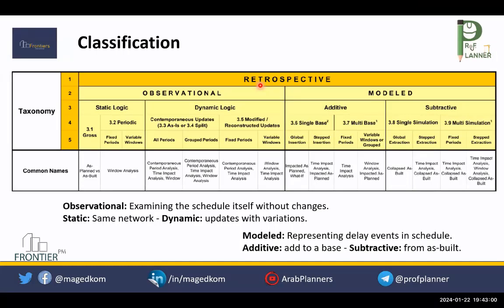Now, I have one case where the contractor is already in delay, and after that, the project was suspended due to security reasons. When we go to analyze this delay, there is concurrent delay in this case.